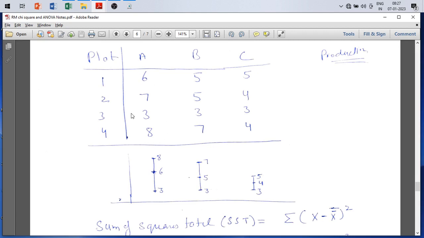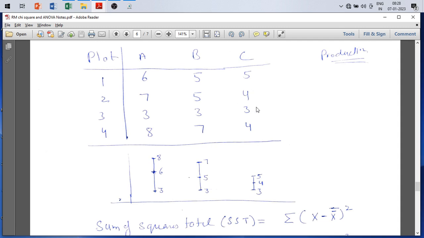So do that for group A. Same thing, do it for group B. Same, do it for group C and add all of these. Okay, that will be called sum of squares within the group. For example, if you want to do that for group C,